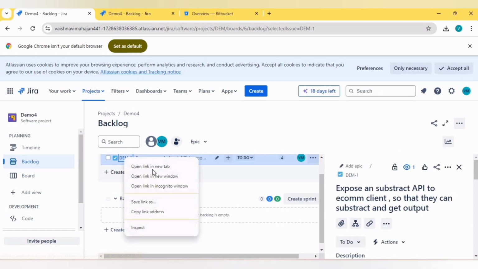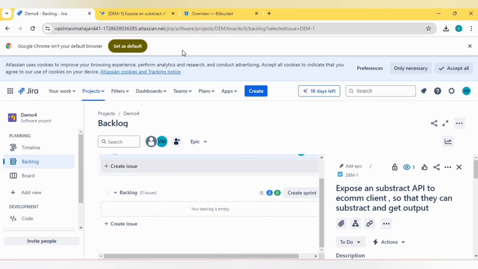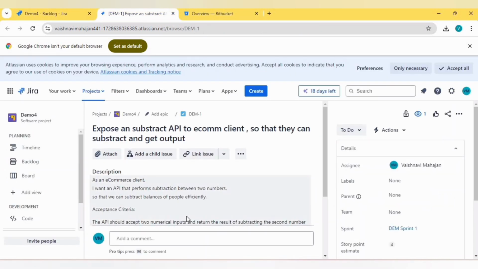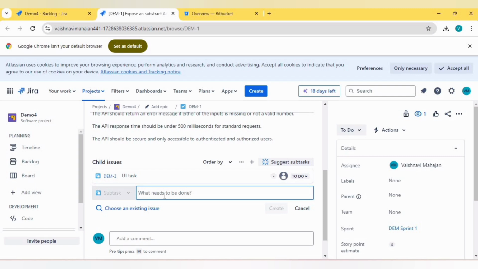We can create on key, open in new tab. Here we can divide our requirement into some tasks by adding child issue. Here we can create subtasks like UI task, enter. It will automatically create key,